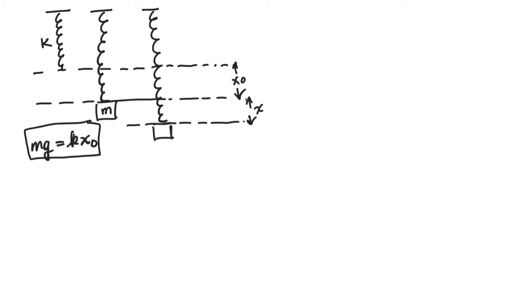And if this is undergoing simple harmonic motion, it means that the spring is going to oscillate around this equilibrium position at an amplitude of x, and x will vary with time, as if gravity doesn't exist, at the same frequency that it would oscillate at if this were just a sideways mass on a spring with spring constant k